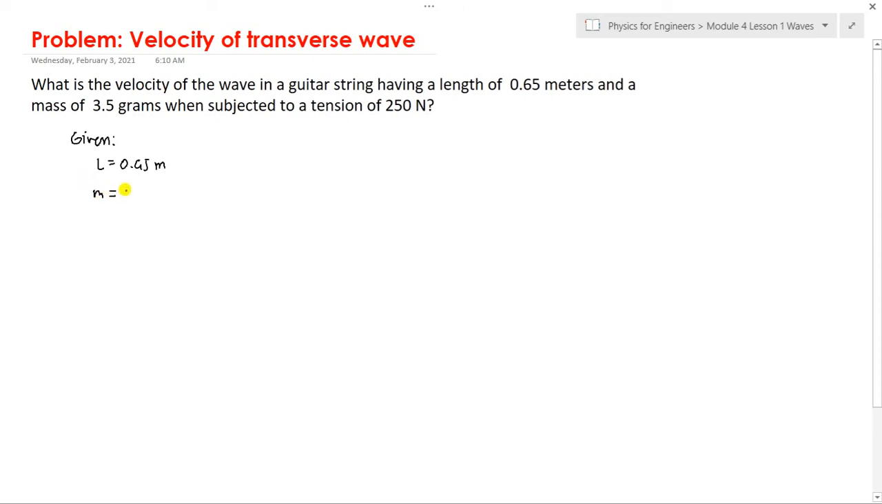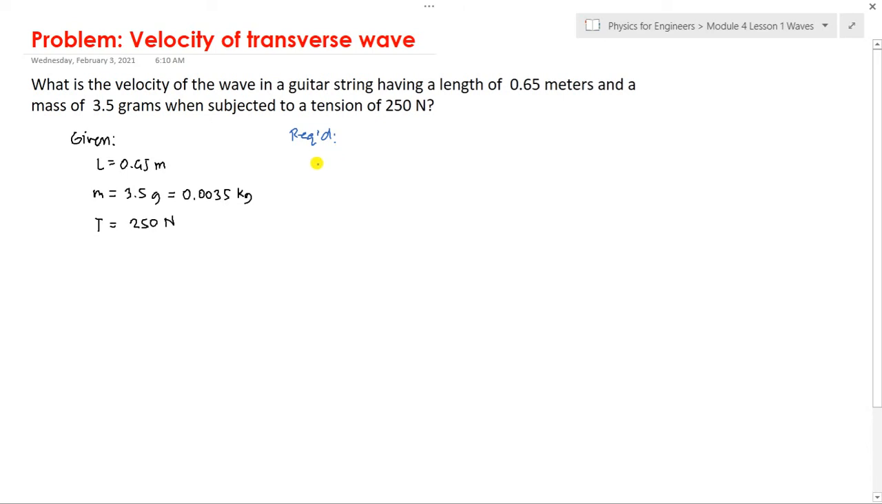And a mass of 3.5 grams. Again, it is safer in kilograms. So converting this into kilograms, divide that by 1,000. The result would be 0.0035 kilogram. Next, when subjected to a tension of 250 newtons, meaning we have T equals 250 newtons. Again, what we are looking for,